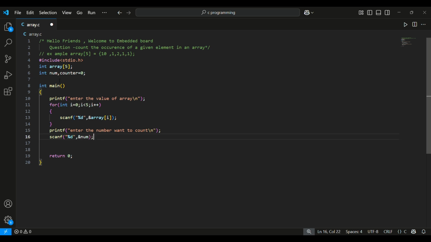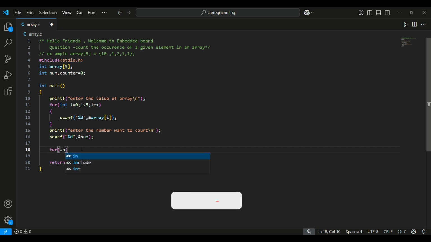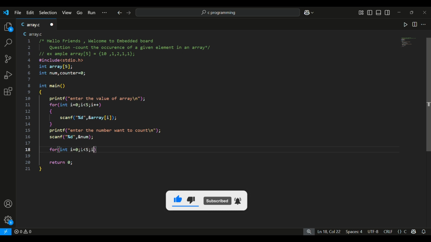Now we have taken the input from the user for the array and the variable whose occurrences they want to find. Now we are going to use a for loop to traverse all the array elements one by one and increase the counter if we find the same element in the array. So for int i starting with 0 and going to the size of the array, which is 5, and i plus plus.